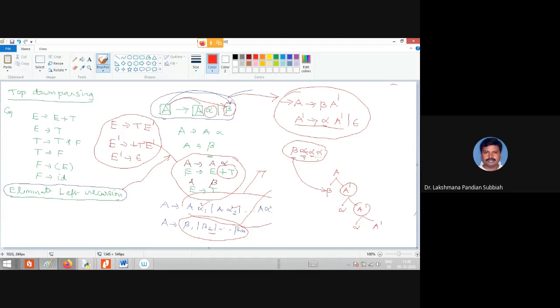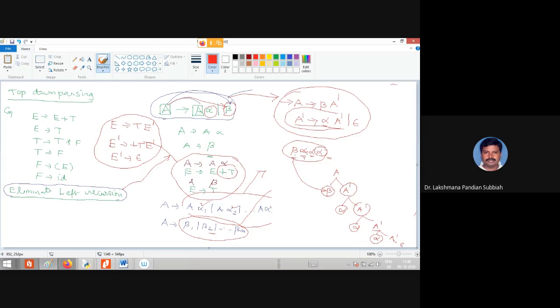Next also we have alpha, and here we have A dash, so this one is matched. We can use that production rule as alpha A dash. Then nothing is left, so we complete with empty. Now we have the parsing for beta, alpha, alpha, alpha, so we can easily construct the top-down parsing.